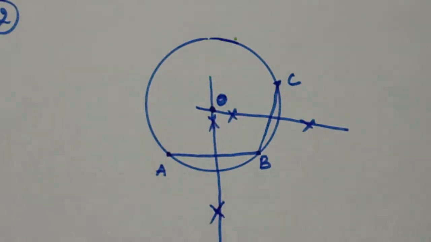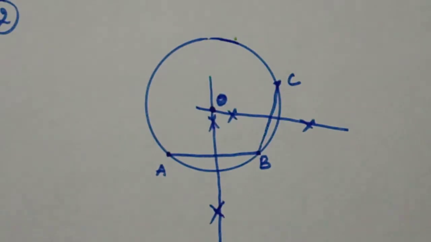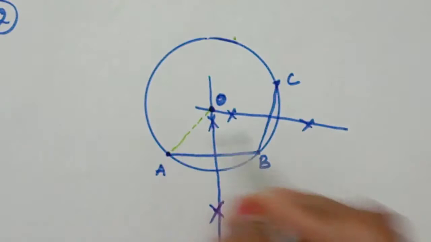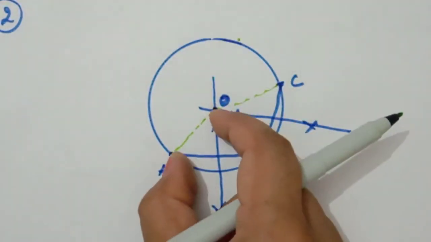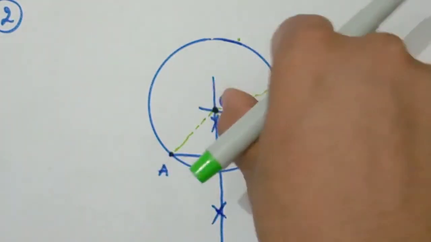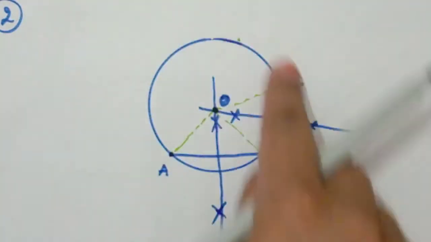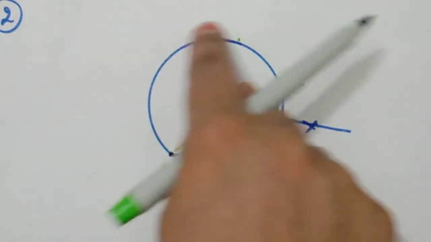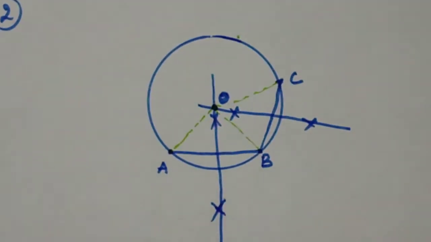For cross checking your answer, you will take a compass. Now this is a radius. If this center is correct, then this is a radius. So you will open your compass and measure all these 3 radii, to see whether they are equal in length or not. If they are equal in length, then try to draw a circle again on it. If the pencil marks another circle on this circle, then it means you found the correct center. So this is the method of finding the center of a circle.